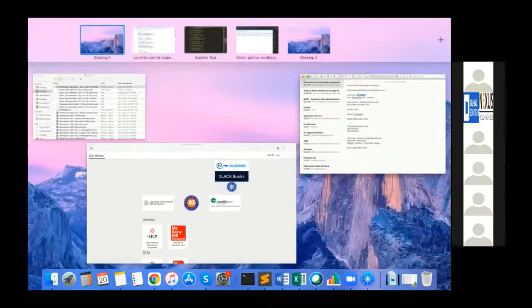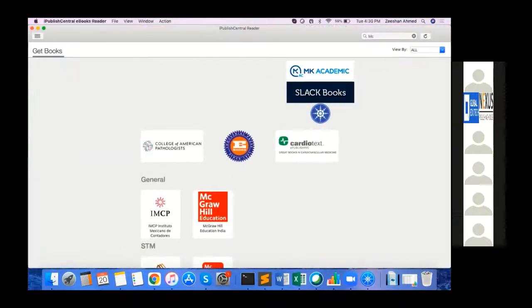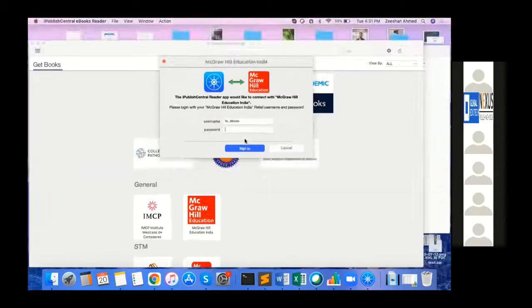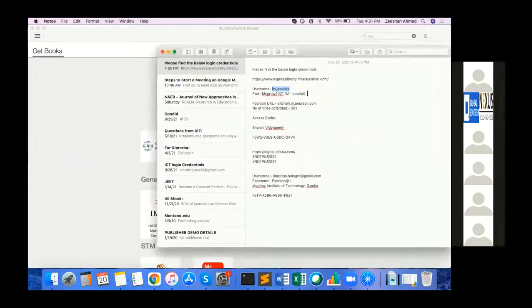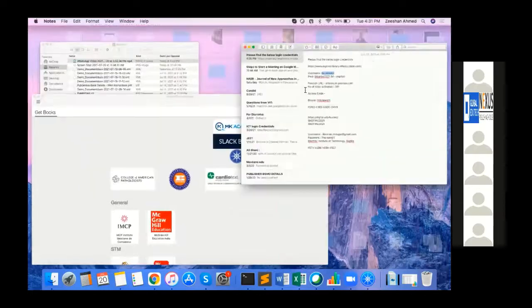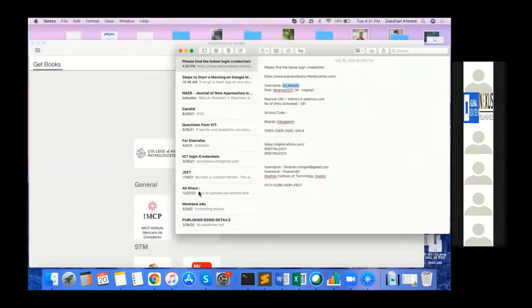So the moment you click in here, you'll be asked to add the username. I'm putting in the username as bb_ebooks. The username would be provided to you. Right now I'm using a different username and password. And the password is